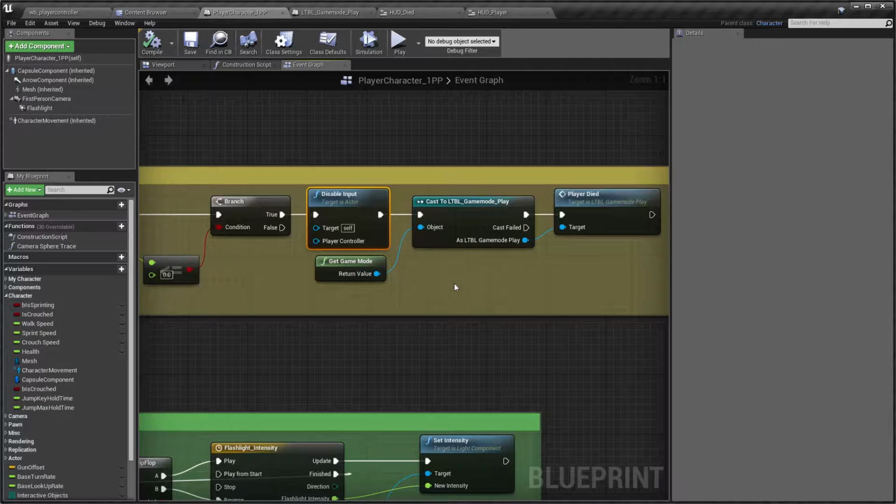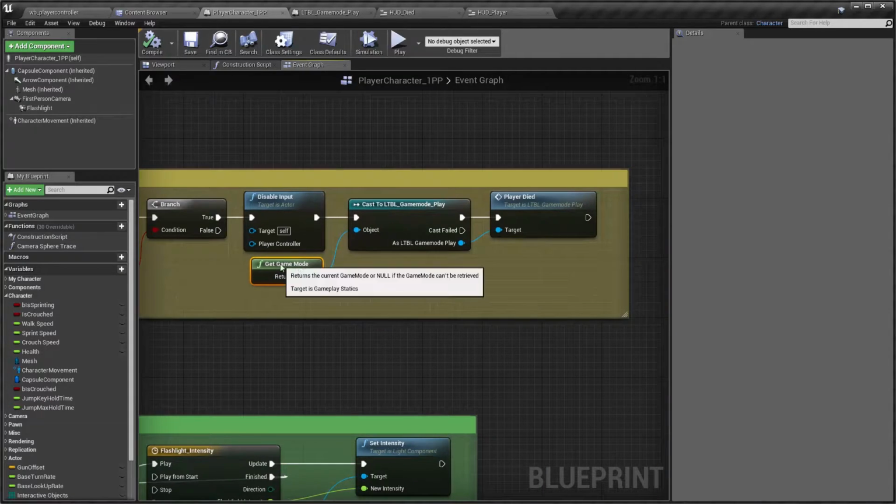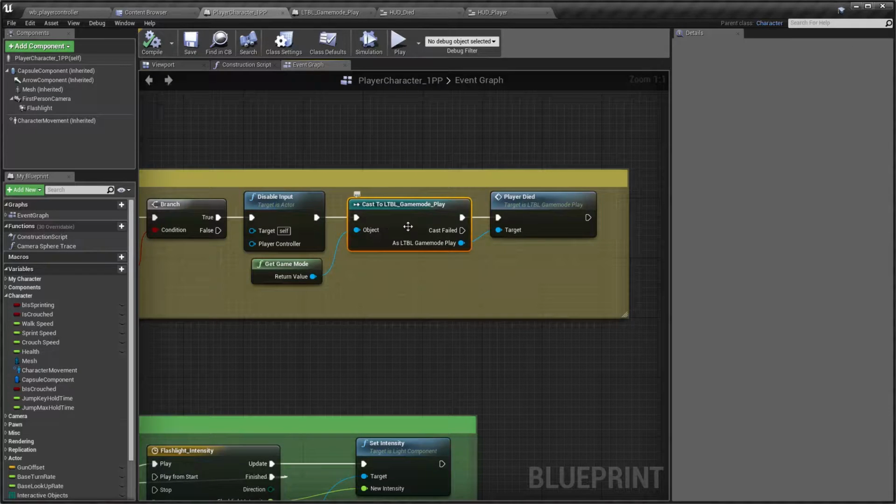Something like that. Well, I don't want to make it feel like a camera. I want to make it feel more like it's the player's face that landed, his or her body hit the floor, and the player's now dead. And then you see the text on the screen that says you have died, to remind you that you failed. And then what I do is I get the game mode and I cast to my own